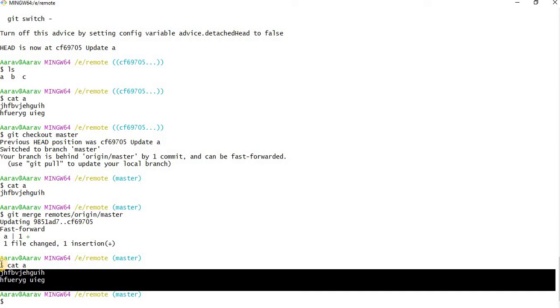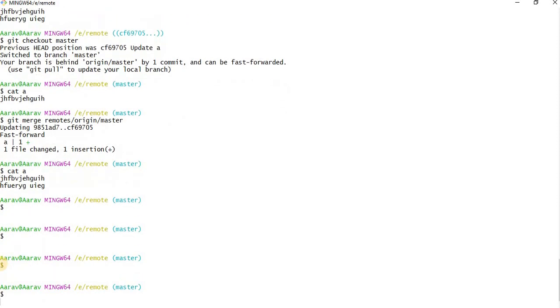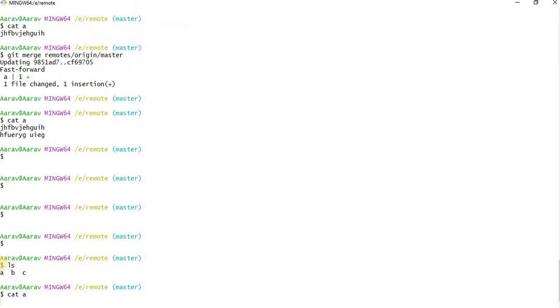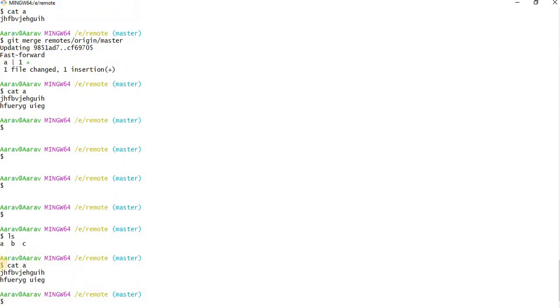One more is git pull. What is that? Git pull is also something like git fetch only, but what happens is it won't create any remote branch like fetch, and it won't create any directory like clone. What it will do, let's say now again just do ls. See, in the b file I don't have anything. Let's say in the a file, let us do the modification in a itself, cat a. See, I'm having 2 lines here.